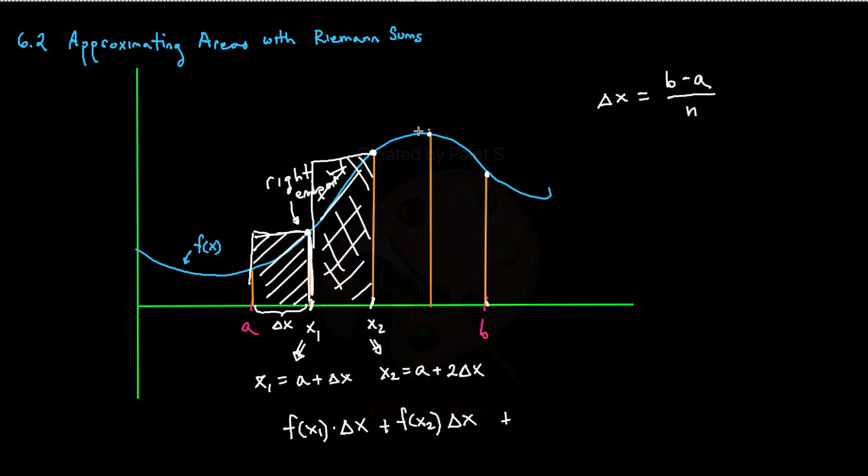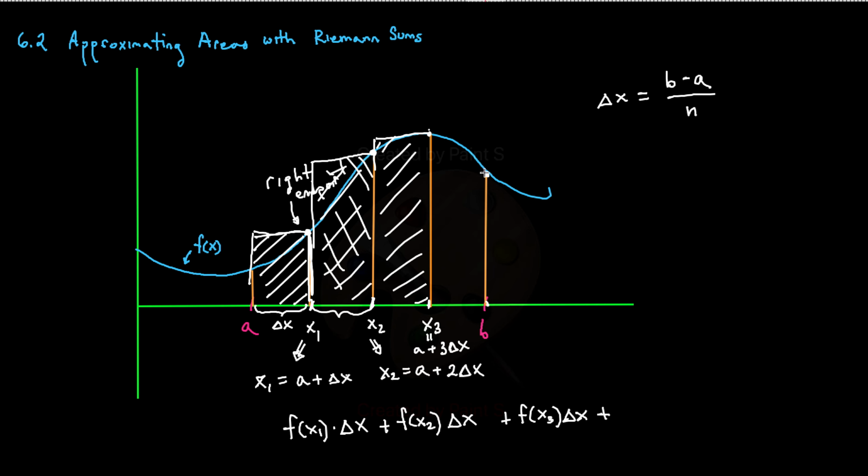So if I have the right endpoint right here for x3, this is x sub 3, and again, x sub 3 is going to be equal to, I'm going to put it right underneath, a plus 3 delta x's, right? This length is delta x. How far away is it? It's 1 delta x, 2 delta x's, 3 delta x's. So I have to add 3 delta x's to get to x3. And then that's the height of this rectangle, so it's f of x sub 3 times delta x, plus